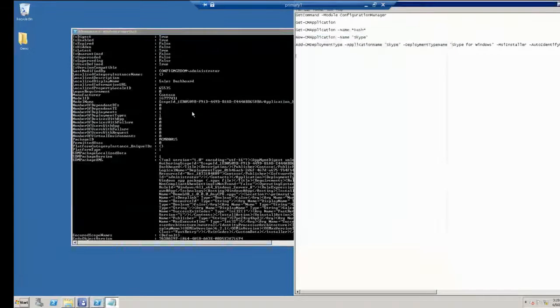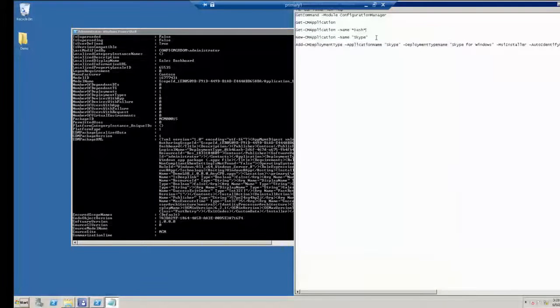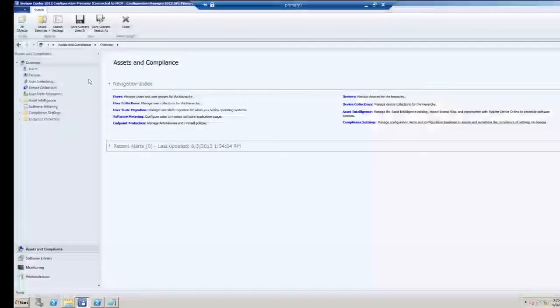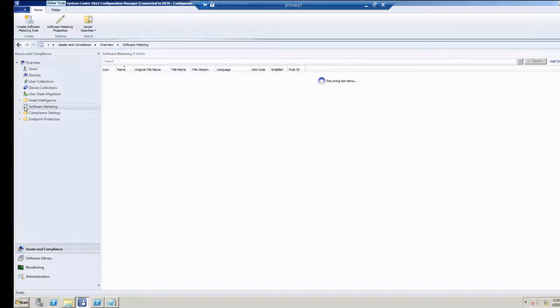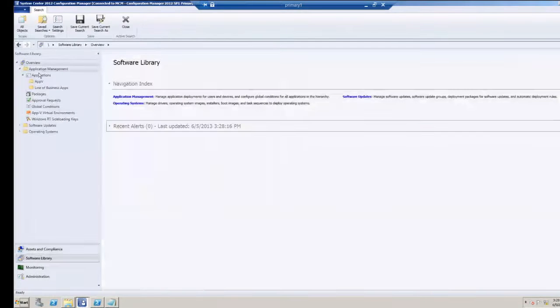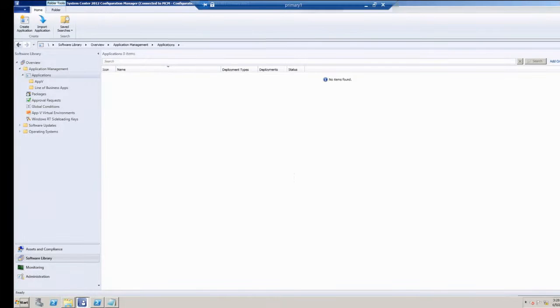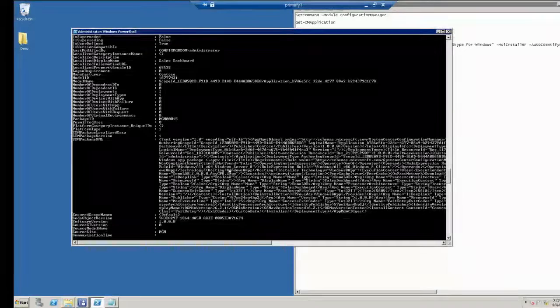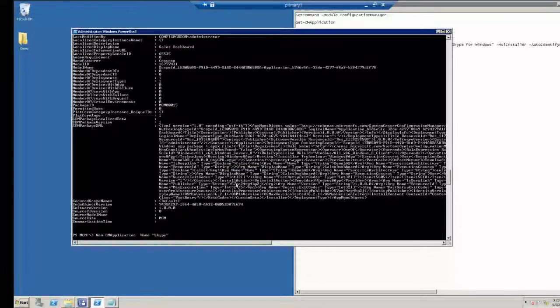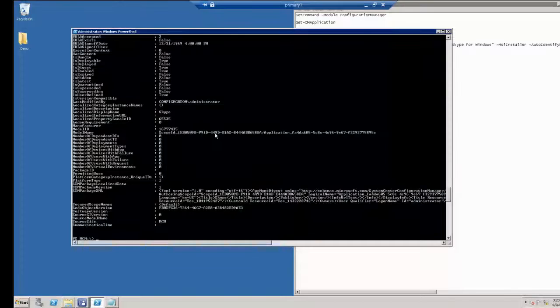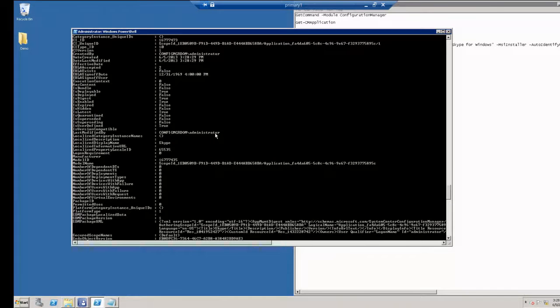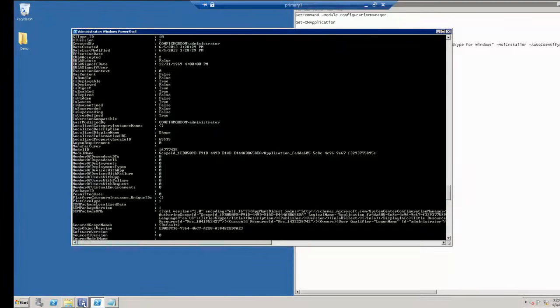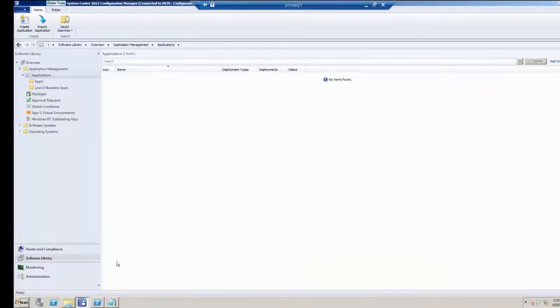What I can also show is creation of applications. So I go to my console right here, and under Software Library, Applications, I'm going to create a brand new app here for Skype. So I just copy the simple command. All I'm specifying here is the name. It's possible to specify a lot more, but just to illustrate how simple it is, I do that. I get back the result, the object that was just created. And if I go back to the UI and just hit refresh,